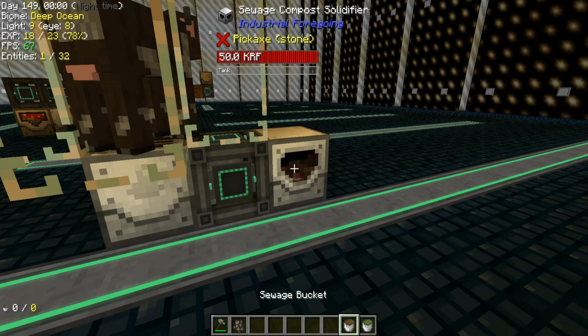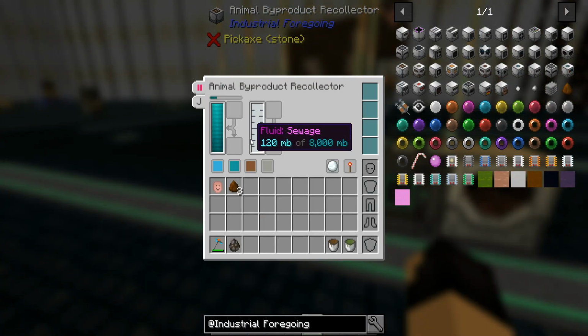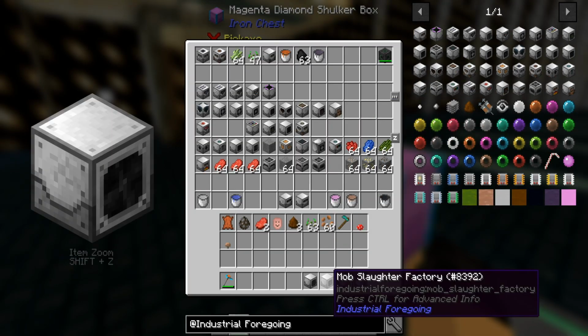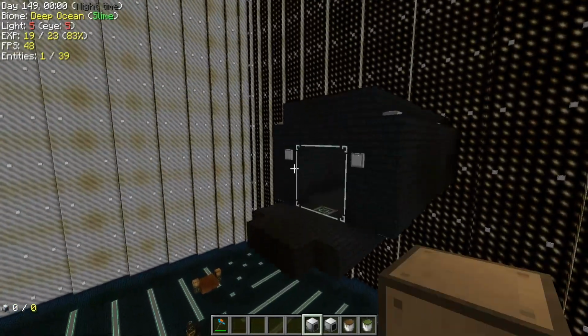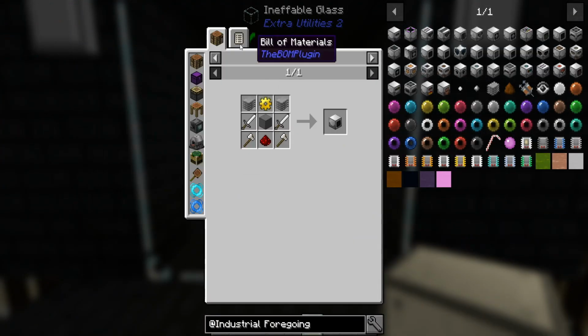2 buckets makes 1 fertilizer. So you need quite a bunch of sewage, quote unquote, to make this. Now there are actually 2 other mob machines, which are the mob slaughter factory and the mob relocator, which are very overpowered machines. The mob slaughter factory, as you see, is very simply made, and so is the